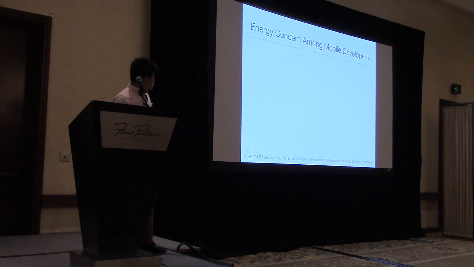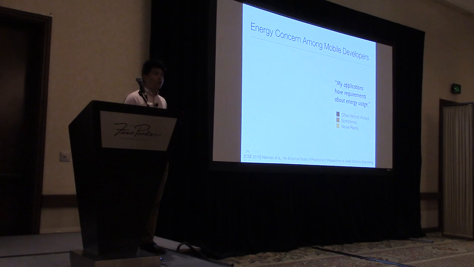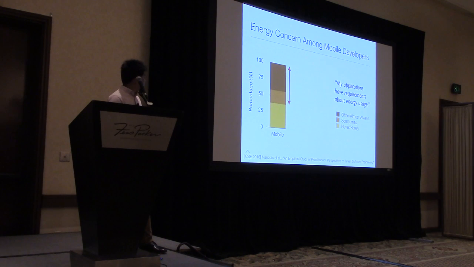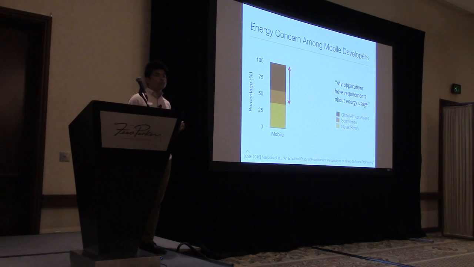So there is a great paper published at ICSE this year where the authors surveyed over 400 application developers from companies like Airbnb, Google, and Microsoft. And one of the questions that they asked was, do your applications have energy requirements? And then they classified the responses into three categories: often, sometimes, and never. And as we can see, more than half of the mobile application developers actually do have concerns about the energy